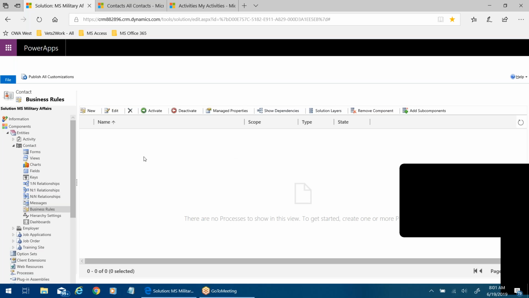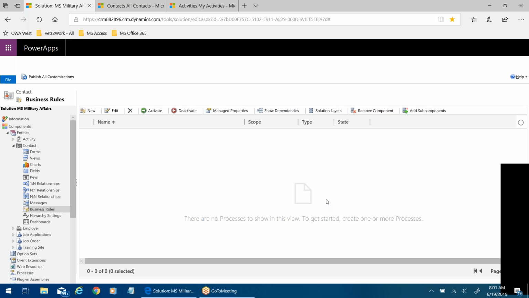Period. The form is the individual view of any given contact. You've got 350 different fields, and you don't want all of those on the form. You're going to select different fields for the relationship that you have with that contact type. In the case of candidates and employers, they're very, very different kinds of relationships, obviously, so the kind of information you want to show on that form is very different.